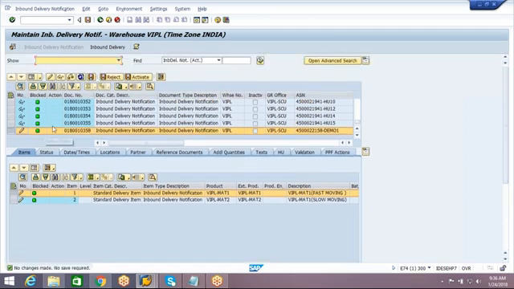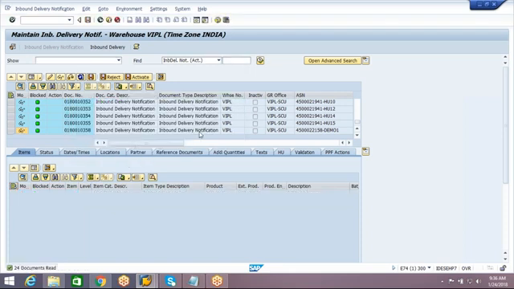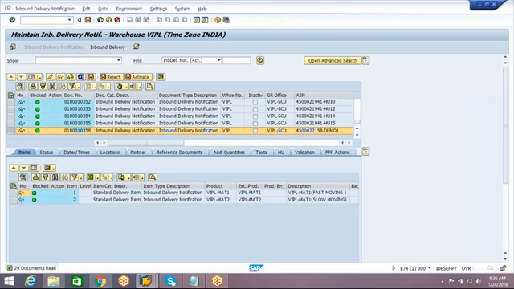How did it get transmitted to the EWM system, through IDoc or qRFCs? qRFC, what is it? Queued remote function calls, an advanced kind of IDoc, but I cannot call it an IDoc. Queued remote function calls, BAPI function modules. Okay. And with reference to this inbound delivery notification,